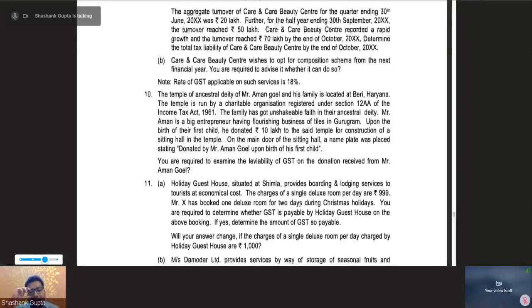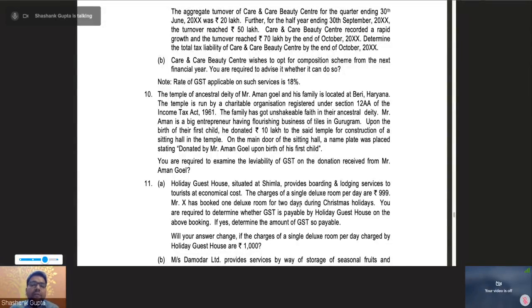This is again from a recent amendment, and this amendment we will cover right after we complete this RTP. But let me explain it to you. The question here is basically, see, GST has a very wide gamut, meaning that GST is being made liable to pay on as many activities as possible.